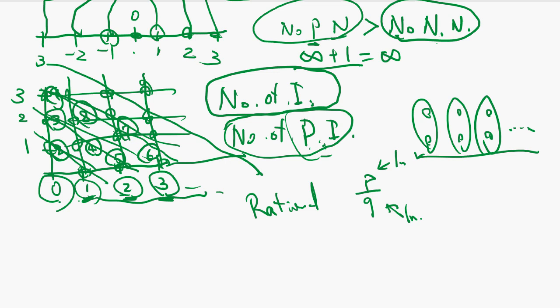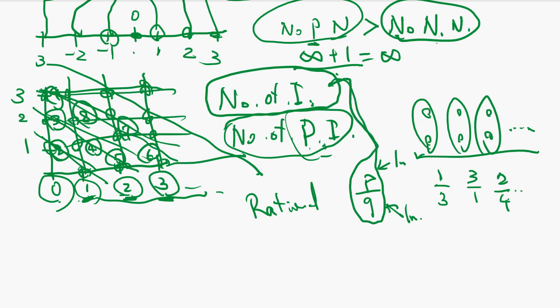So you have like 1 over 3 or 3 over 1, 2 over 4, whatever, right? So this number of intersections is like a rational number. The rational numbers and the integers, the number of integers and the number of rational numbers,